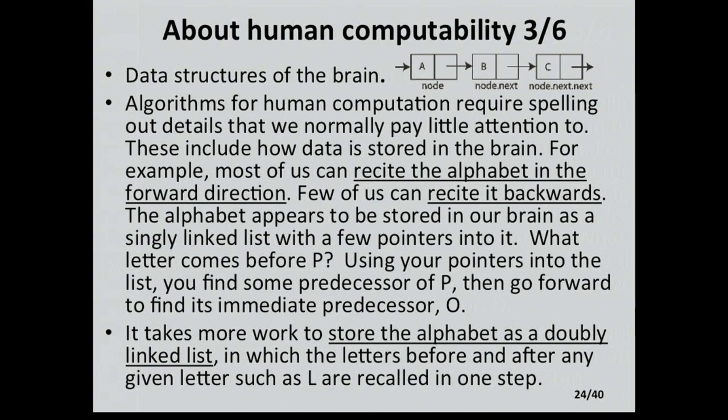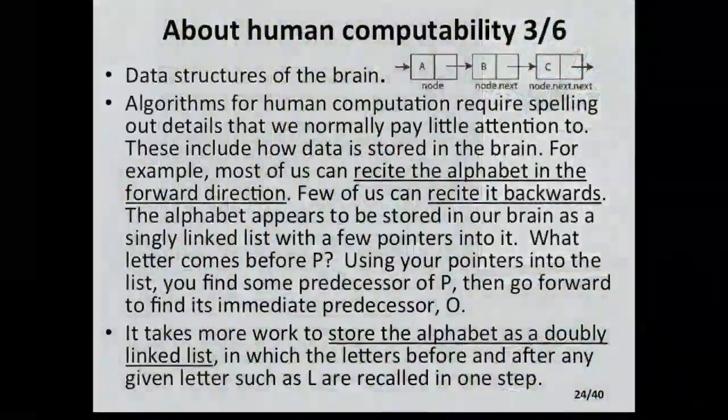You can go backwards, but you have to learn a different sing-song for it. Z, Y, X, W, V, U, T, S, R, Q, P, O, N, M, L, K, J, I, H, G, F, E, D, C, B, A. So you can do that. But even having gotten now this ability to go forward and backward, I still can't, when given P, tell you what comes before and after. That would be like random access, and I don't have that in my head. That's the next job I need to do.